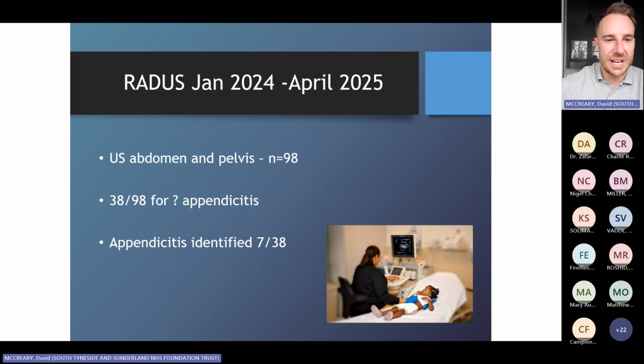And just the final slide for me was that in the same time, we've done 149, we've only ordered 98 from our department, and that's within the same time period. So as one of my consultant colleagues talked to me about, we're shifting the bulk of the work to us. So I know for the policy makers and people who are here from the network in the audience,